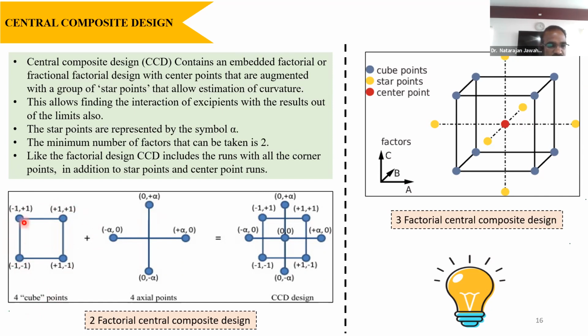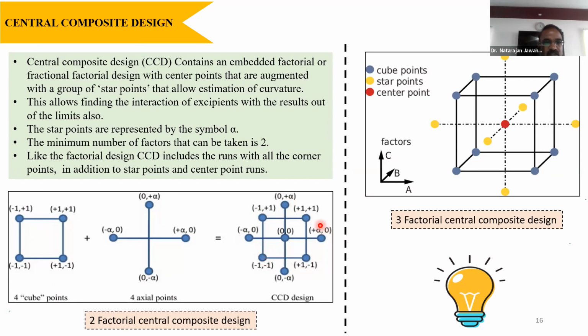So this is the normal factorial design, as I put in the previous slide. This is the A factor and this is the B factor. If I put a center point here, I will get 4 points. These corner points only we will generally consider in case of factorial design, but in CCD, this is the extra. This alpha is called star points. So if I impose these axial points or star points on the 4 cube points, I will get it like this. So apart from the corner points, I will have extra star points.